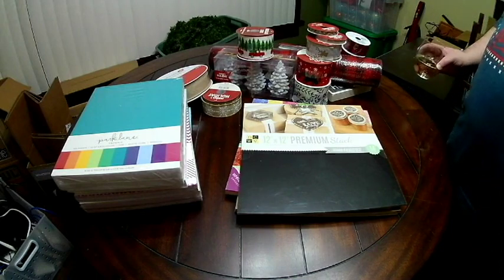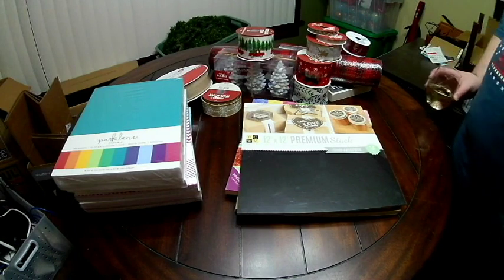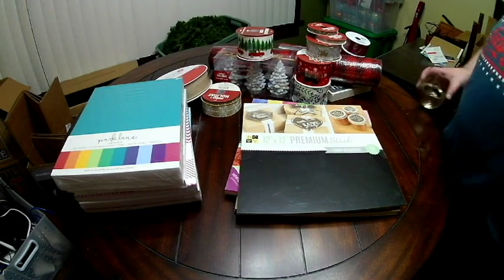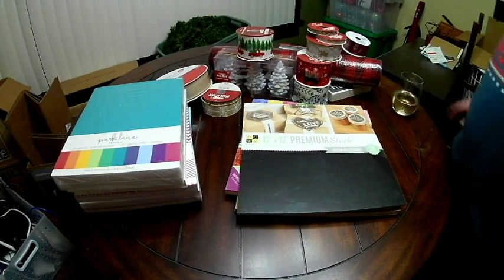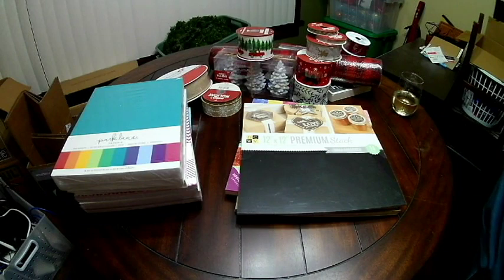But thanks for sticking around with me this long. This was actually probably the smallest of the unboxings slash unbaggings, I guess, really technically. Like I said, I literally had, well, I shouldn't say a truck, an SUV full to the rim. And I have stuff all over this house